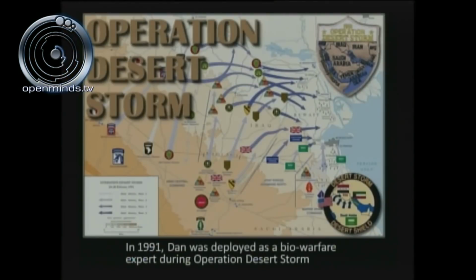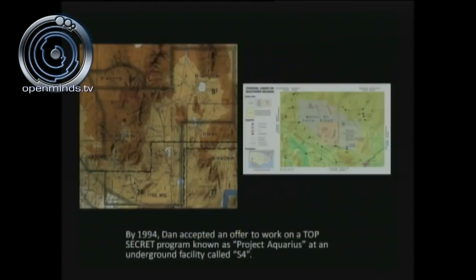So we have secondary independent confirmation that Dr. Edward Teller was involved. In 1991, he was employed at Desert Storm as a biowarfare expert. Now, in 1994, he received his Q clearance at S4, and he began working on something called Project Aquarius, and I will draw your attention here to the aircraft sectional chart that anyone can get at any local airport. This is something that's readily available. And if you look up here on the right-hand corner, you've got